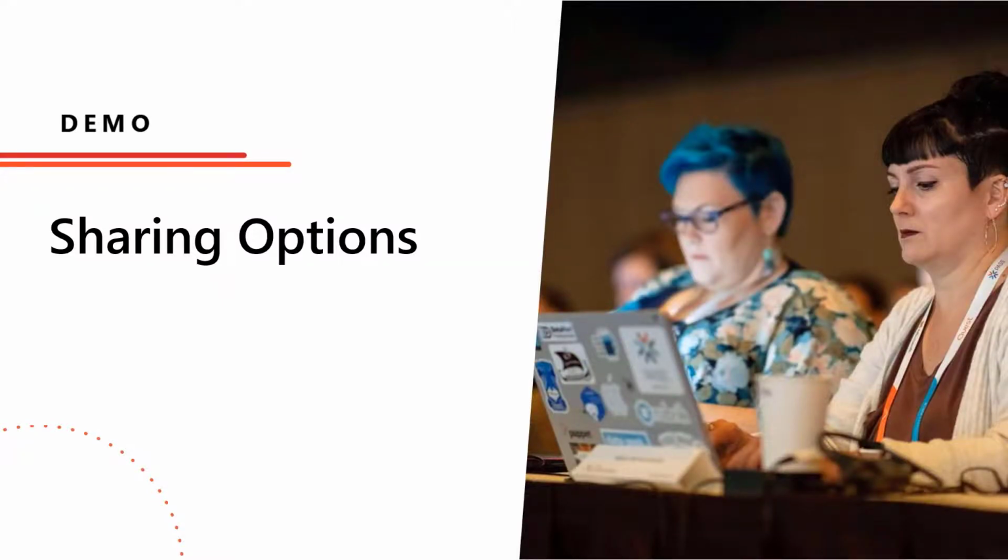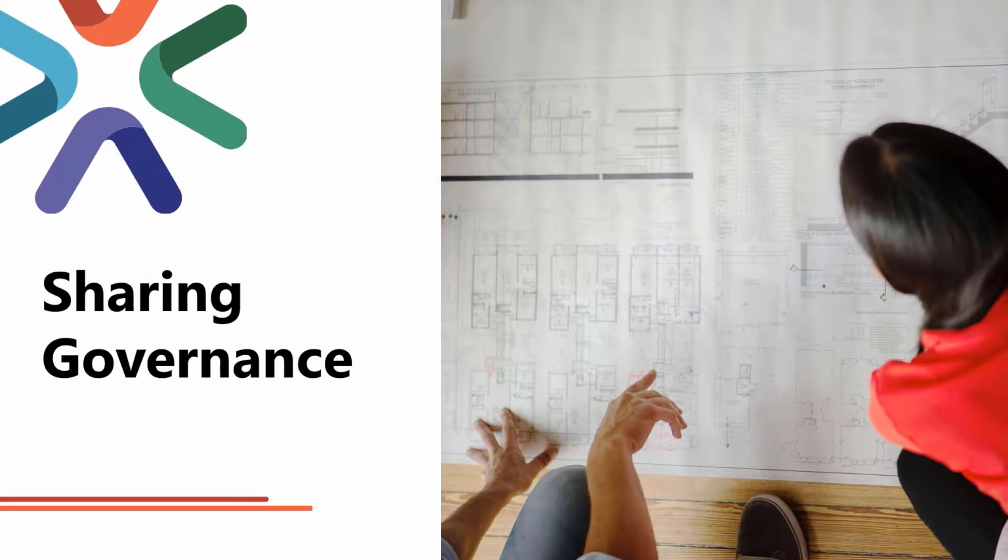All right, now that we've looked at our sharing options, let's talk about sharing governance. What is governance? I really have a simple definition. Governance is the answers to the questions of who, what, when, where, why, and how. Really, who should be able to share? What can they share? When should they share? Where should they share? Why would they want to share? And how do you share? We talked about those options, but how do they do that sharing?